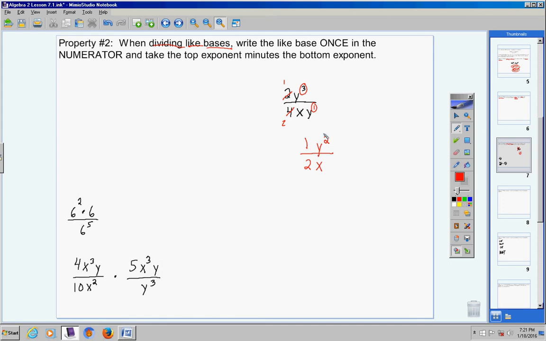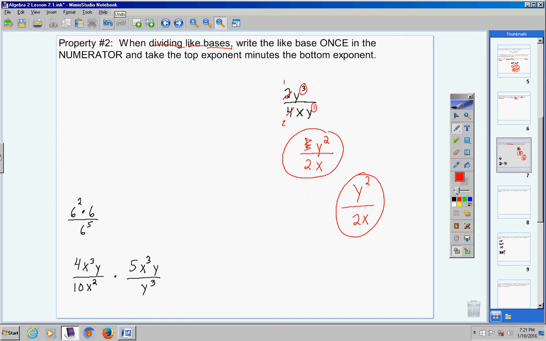Now, that is a perfect answer. If you don't want to put that 1, you don't have to. You can just write this if you want to also. I have no preference, okay? There we go. Alright, now, I need to stop and say something to you students right now so that you're